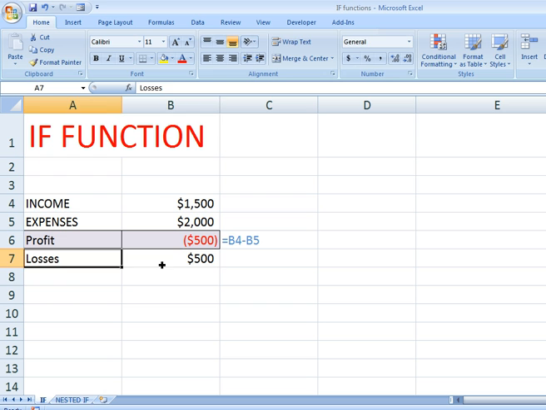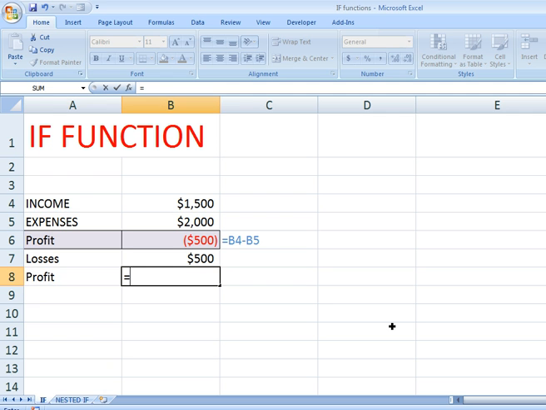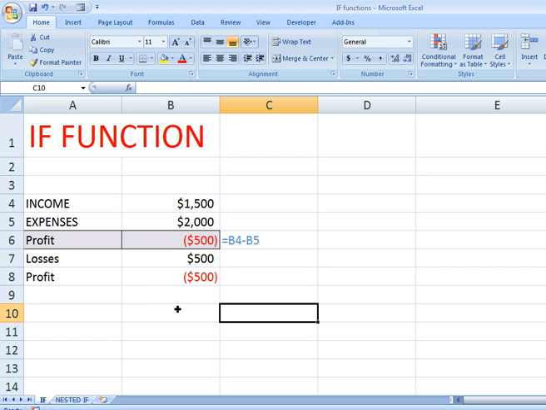So I want both of these outcomes in one cell, so we have to use the IF function.